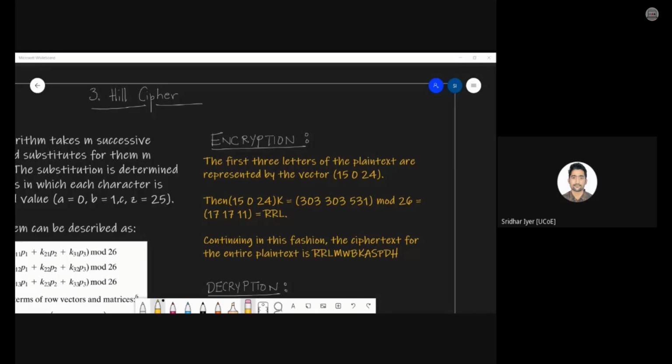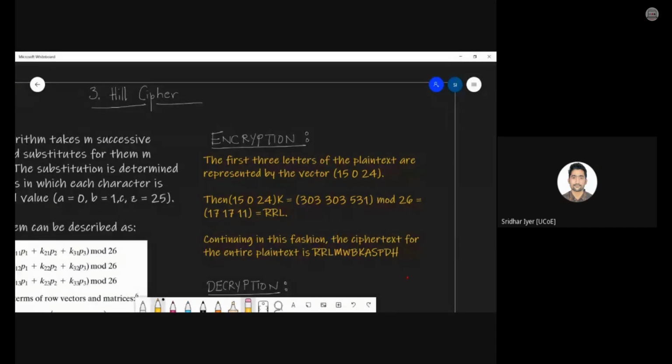Yes? Fine? Okay. So we are splitting the 12 characters into four groups of three each because the key size is 3 by 3, just to accommodate the multiplication. Now, according to our formula, what is our formula? C is equal to P dot K mod 26. Yes or no? So that is what we are doing over here. This is P. This is K. Whatever is the result, we are multiplying it.